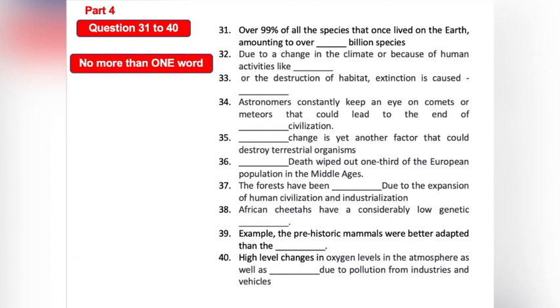What is extinction? When a species becomes extinct, all its genetic heritage is lost. The species evolve into new species in order to adapt to the environmental changes or changes in the genetic heritage. Over 99% of all the species that once lived on the Earth, amounting to over 5 billion species, are estimated